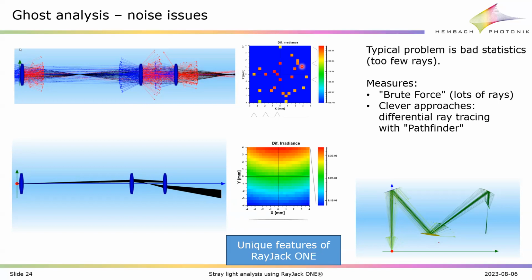We have designed a method which is based on the so-called pathfinder. We send out the rays. When they are successful in finding the next object, more rays are sent out into the vicinity of that ray, and so on until it reaches the detector, and then it is able to scan the detector with high accuracy, so that you get ghost results without any noise, which you can even use for